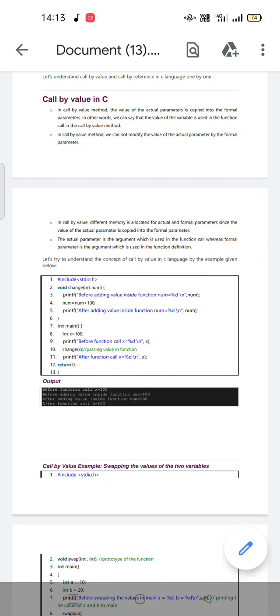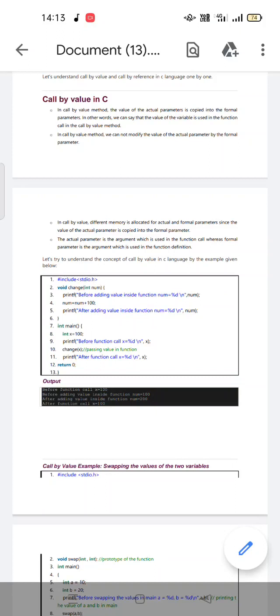After calling the function, num is equal to num plus 100. In the variable num, already the x value 100 is stored, and it will be added with 100. So totally we get how much? 200. The value of the num variable is 200. After the function call, x is equal to %d, we are printing the x value, and returning 0.